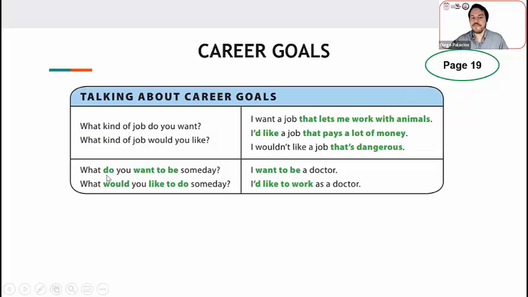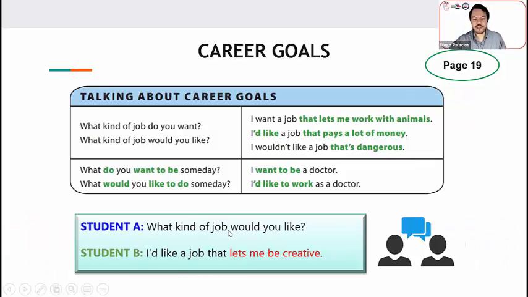So pay attention. Next, we have, what do you want to be someday? And the answer, I want to be a doctor. Or what would you like to do someday? I'd like to work as a doctor. Now, remember, we are talking about career goals. So what people want to do in the future professionally. Let's practice now. And I need 2 volunteers